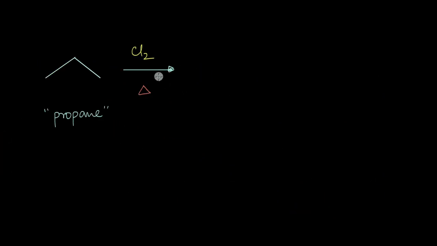So to summarize, whenever we add chlorine to propane, and what I have drawn out here is the bond line formula of propane, in the presence of heat or even UV light, a few of these chlorine molecules actually break apart in the form of chlorine radicals. Now these chlorine radicals that are formed are very reactive, and they can react with the propane molecules present in the mixture. They can in fact abstract any of these hydrogens that are attached to a propane molecule. Now if this chlorine radical abstracts